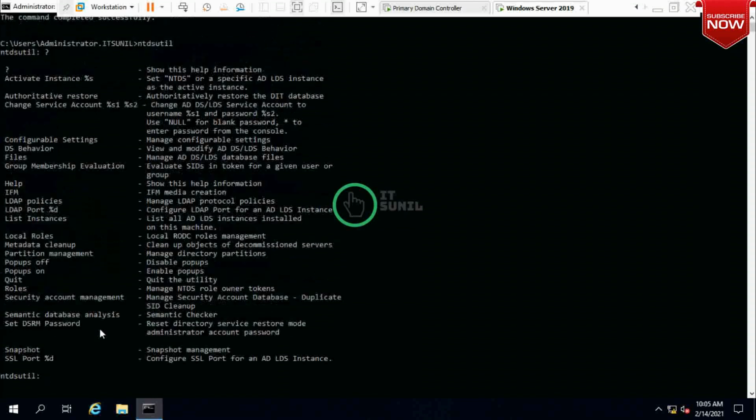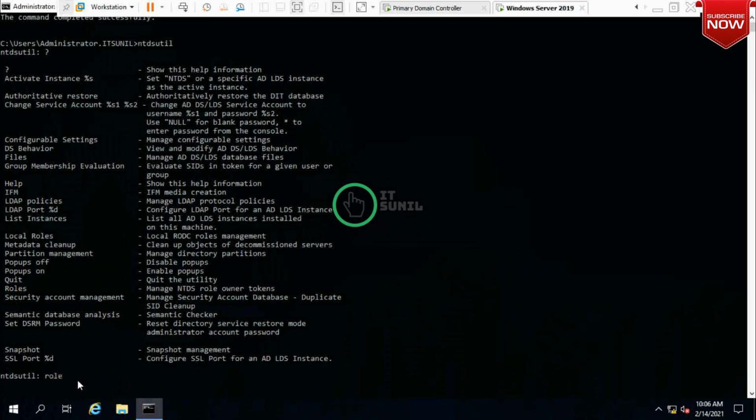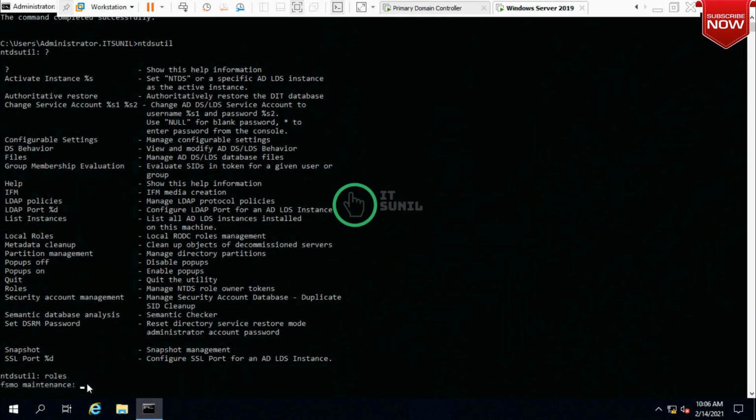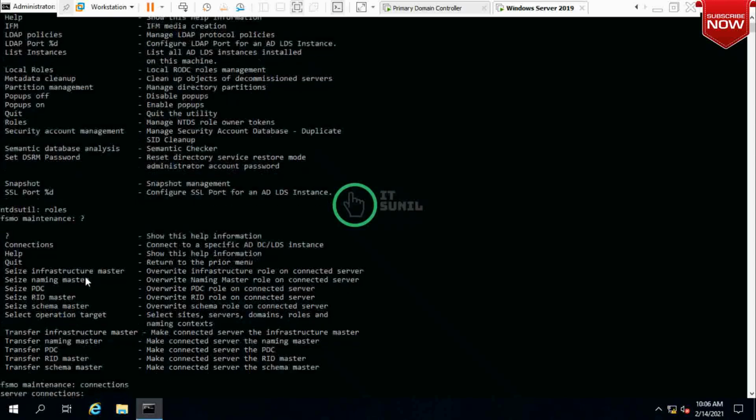Here the command is roles, and a question mark shows connections. Click enter.